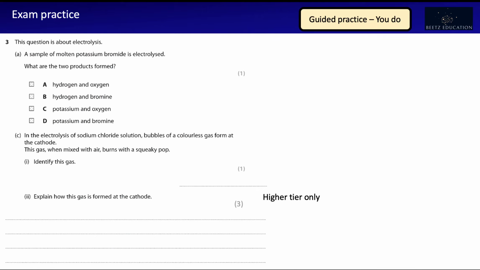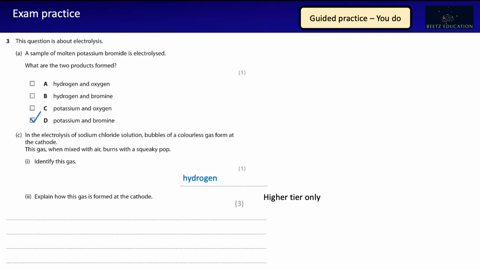Okie doke, first one. Molten potassium bromide is only going to produce potassium and bromine, so it was D. Identifying the gas, well, we're told that we got a squeaky pop when it was tested for, so it must be hydrogen. And for the third question, we get 1 mark for referencing hydrogen or H+ ions being attracted to the cathode,